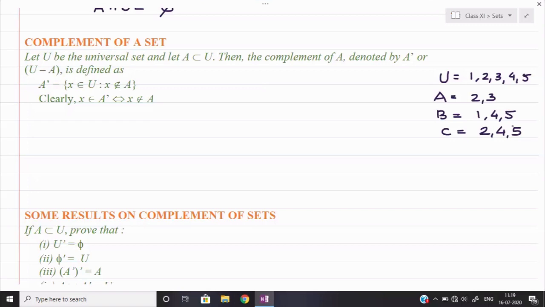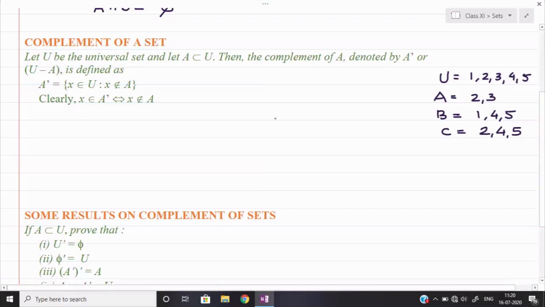In an application, we can say India is the universal set for any state of India, like Gujarat, Maharashtra, MP or any other state. Similarly, here also we can define the universal set in this manner. Now come to the point of complement. Complement means those elements will come in a particular set's complement which don't belong to that set but belong to U. I will explain with the help of one example.